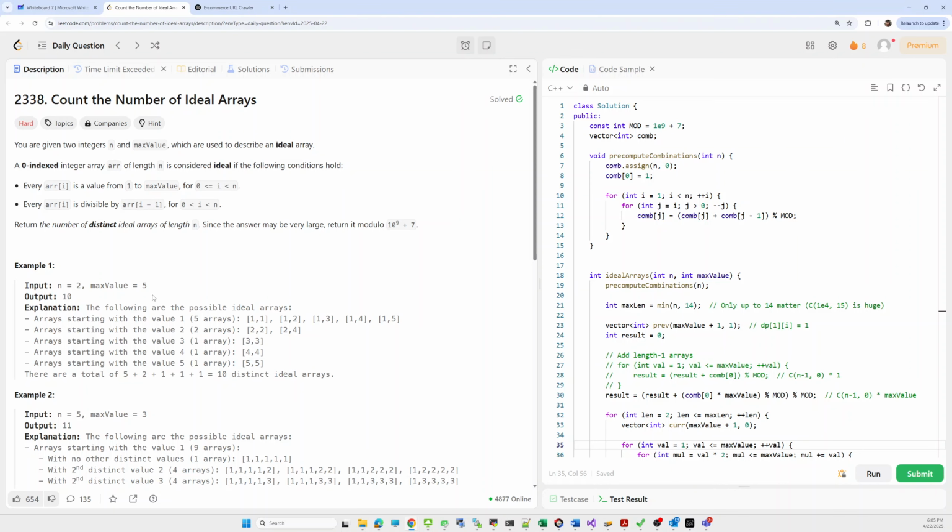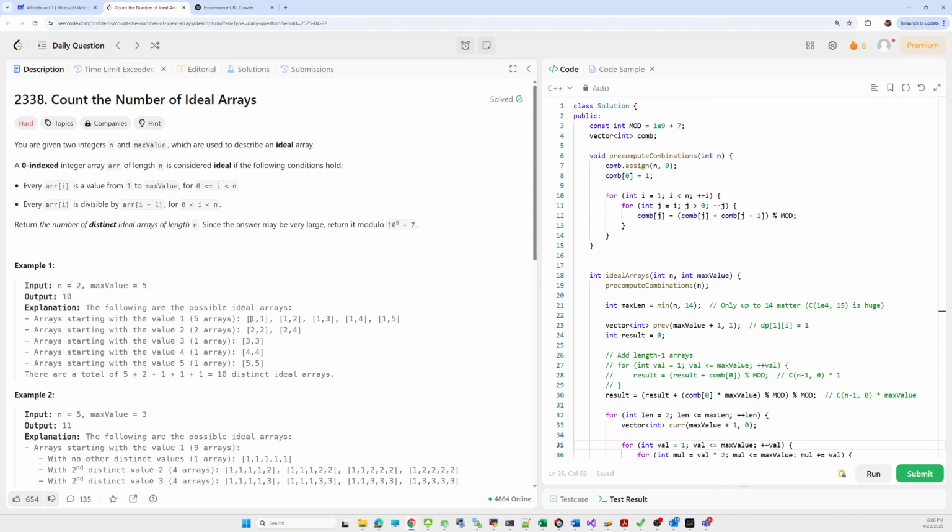There is one example given, where n is equal to 2 and maxValue is 5. That means we have to form an array of size 2, with only two elements, and the maximum value of an element is 5. We need the number of sequences we can form.